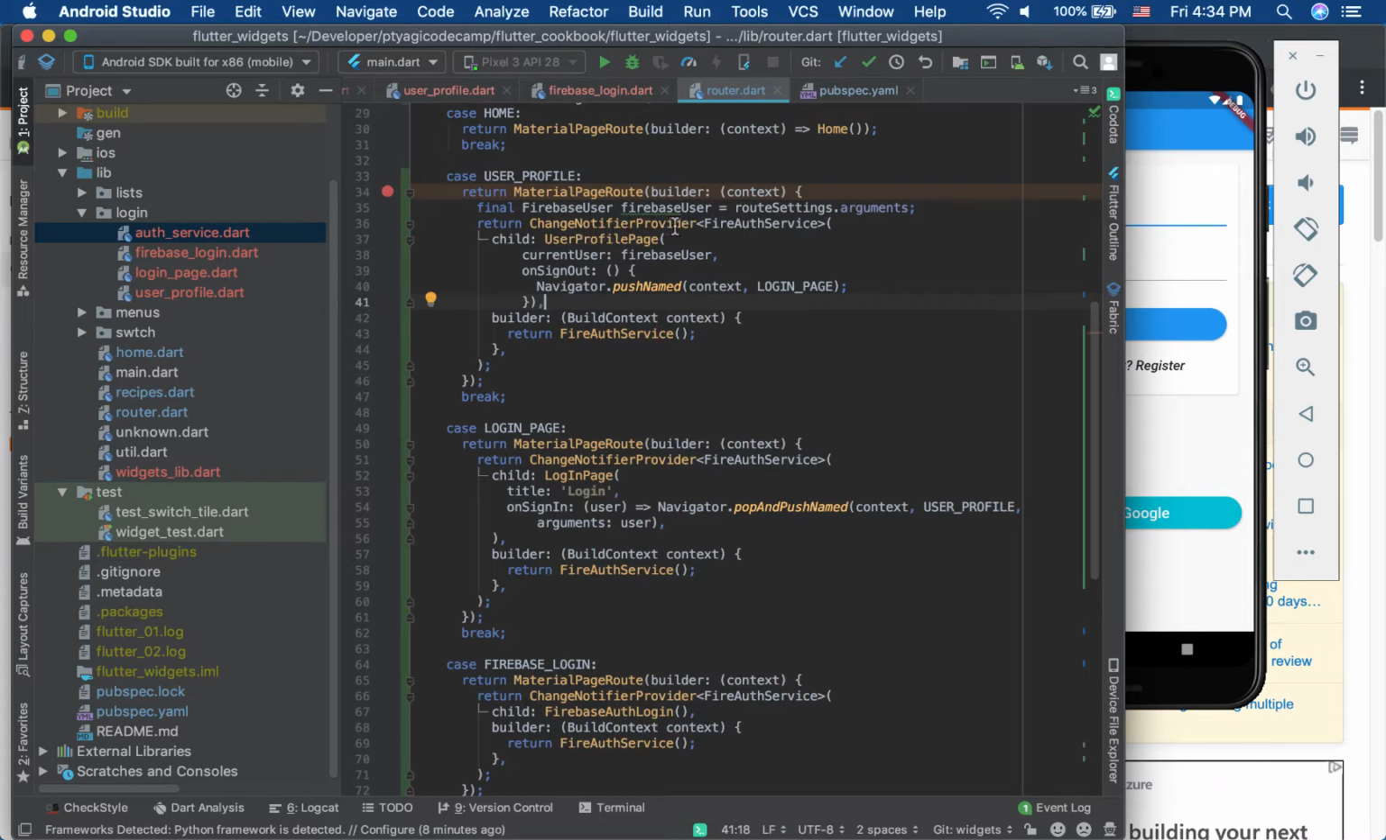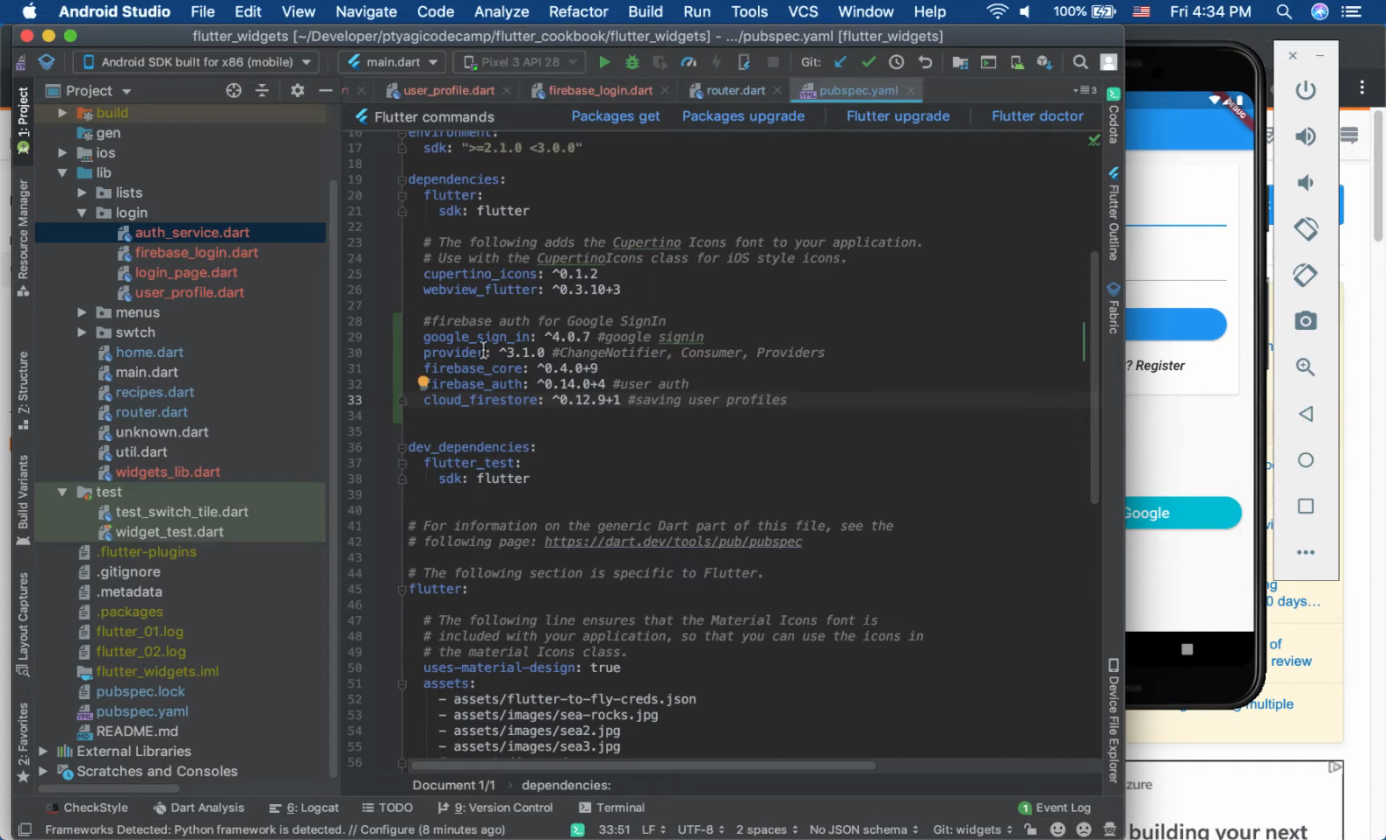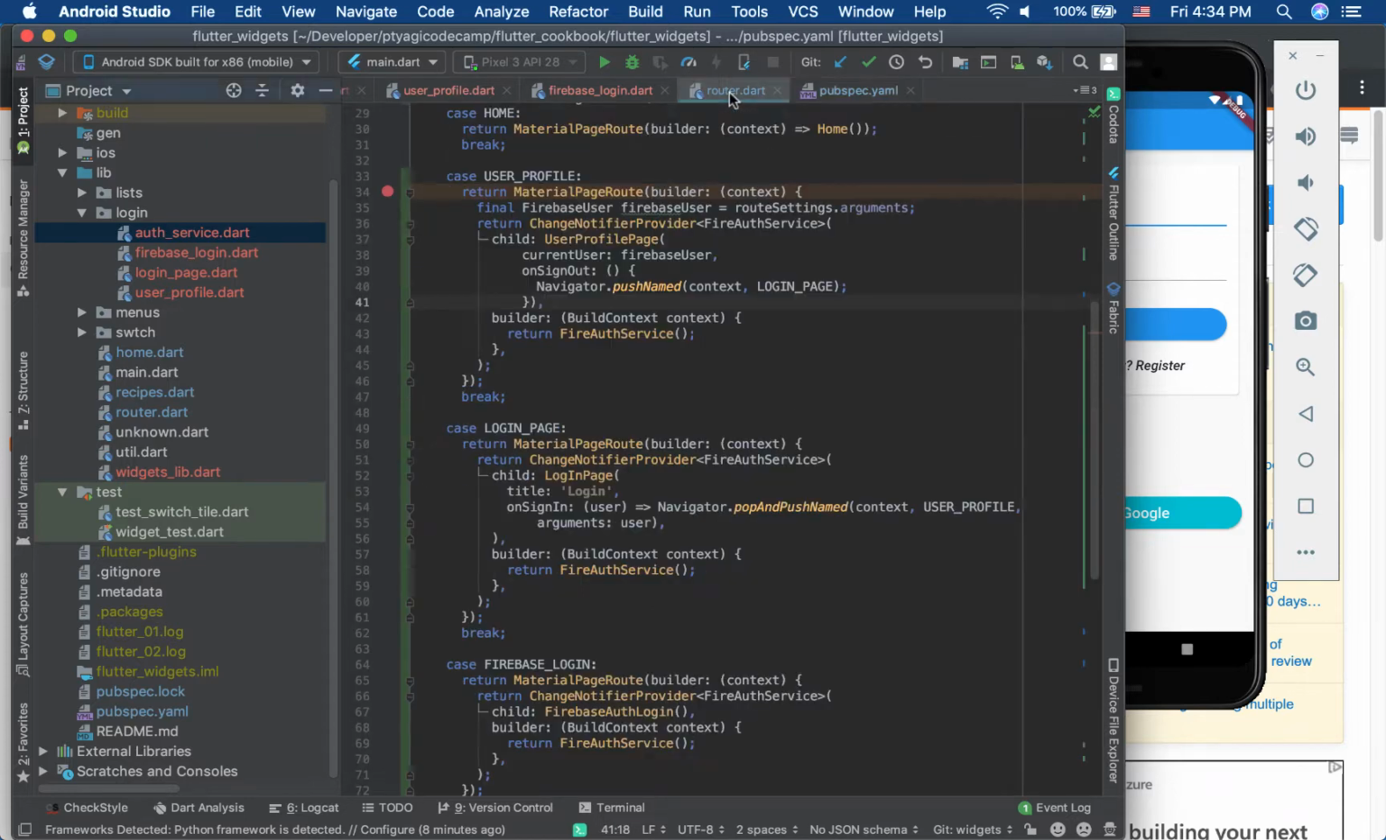So we need this provider, and this is the utility method that we get from our provider package that we just added right here. That's the reason we have the provider package, so that we can get this utility method, change notifier provider of type fire auth service, and it's the parent to the page, which is the observer. So user profile page is actually interested in knowing the state of the authorization. So this has to be notified whenever there is a change in the auth